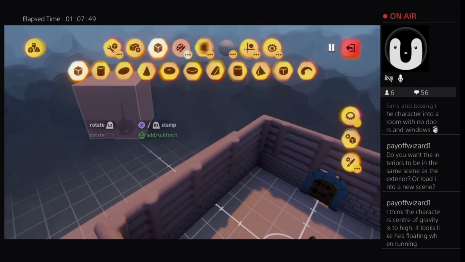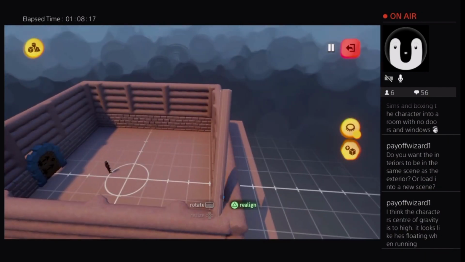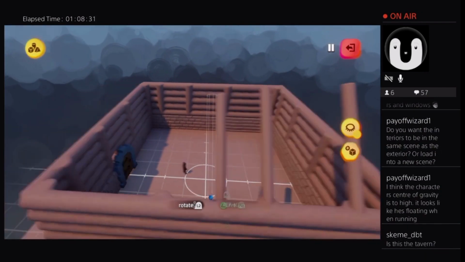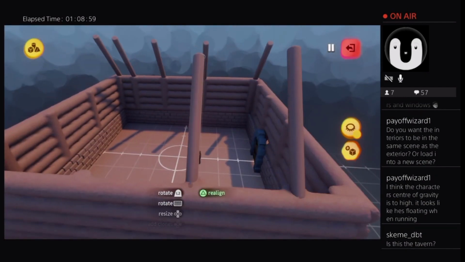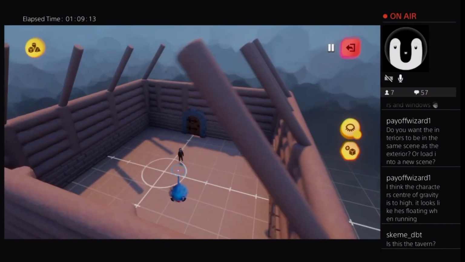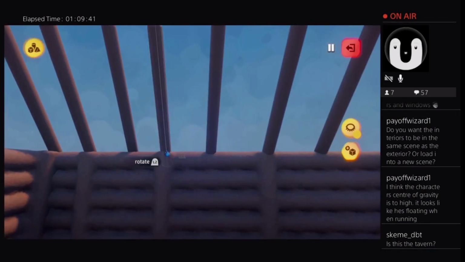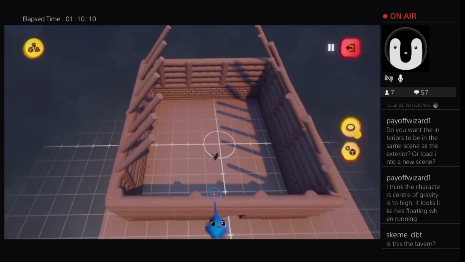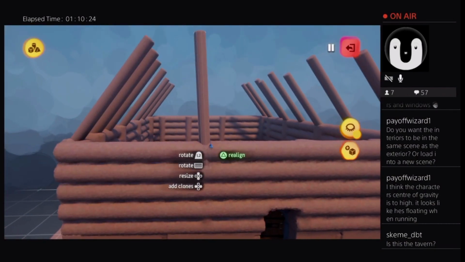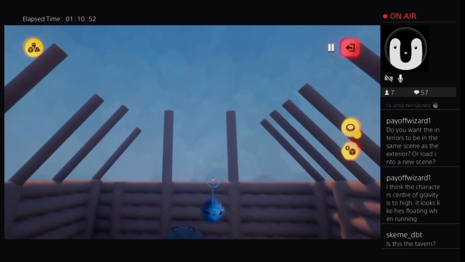There we go. So now I'm going to start on the roof. Now the thing about this particular build is this is an interior, so I don't need to worry about what it looks like from the outside. I only need to worry about what it looks like from the inside. So if you're making something that you're going to use for the outside and the inside, like a dual purpose, then obviously you need to make things that look okay all the way around. But I didn't need to worry about that,